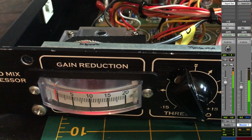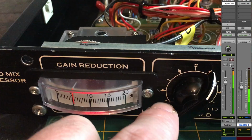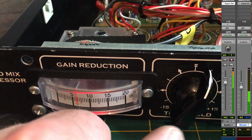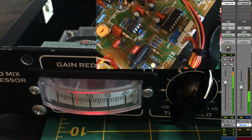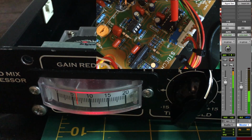So we'll apply a test tone to show minus 10 dB, and we can then adjust the threshold, and if I'm looking at what's on Pro Tools, we bring it down say 10 dB, so we know that that is now 10 dB less, and we can now adjust the meter to show the same reading. It's a little bit tricky with this camera here, but find out which way we need to go,